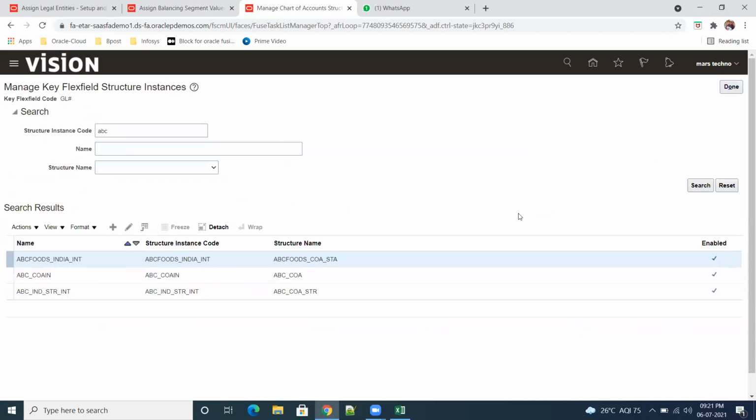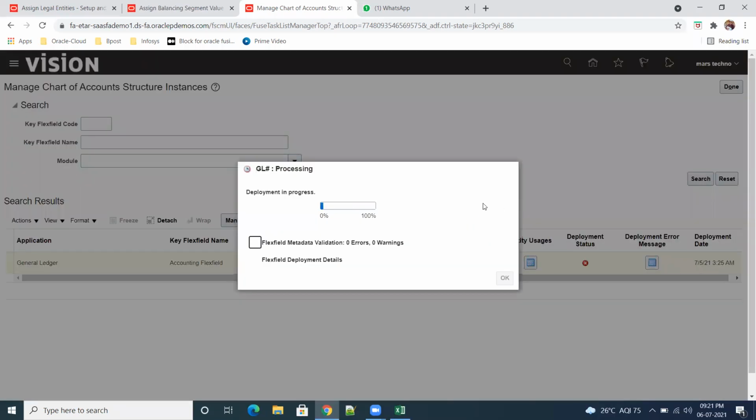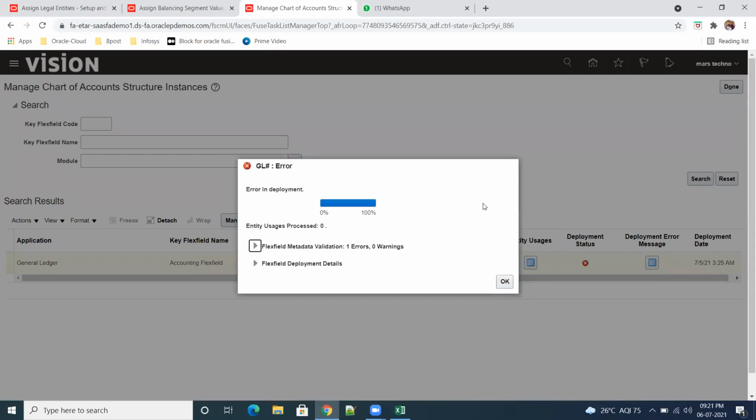Modify. This is the problem, man. Demo instances are like hell. We'll try. You don't know what magic people will do. Error in deployment.